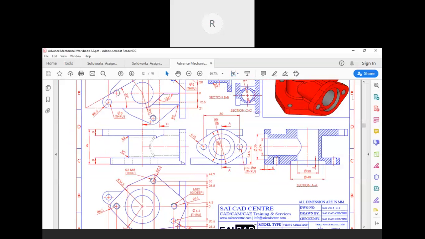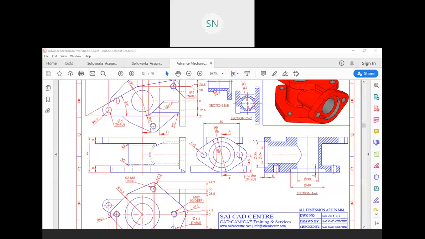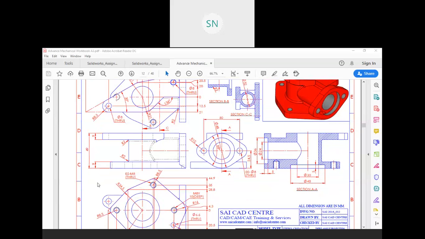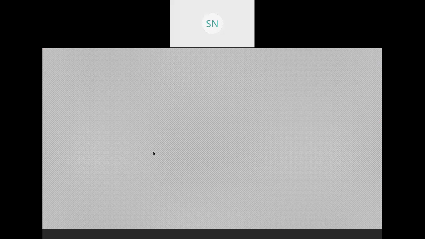Now it is visible to all of you. Here we have 38 diameter on this pipe, and 32 diameter on this horizontal pipe. So first of all, we will create the vertical pipe which has 49 height. Let me do that first.